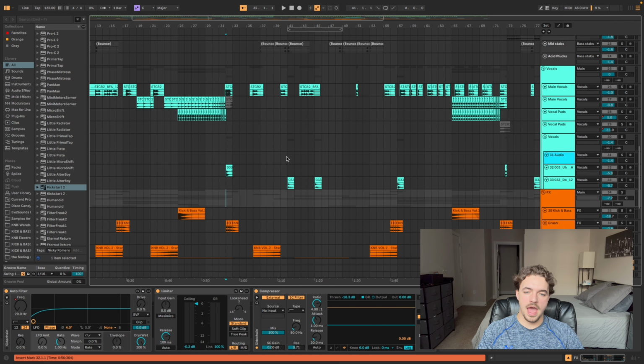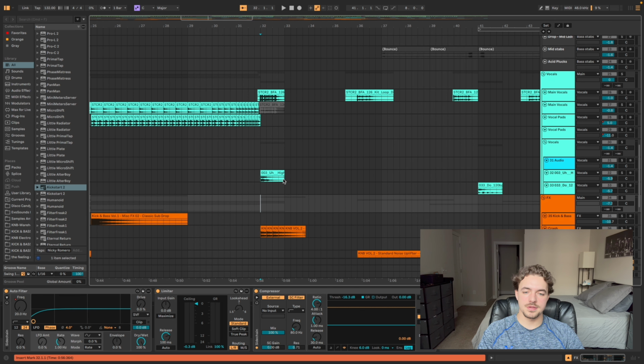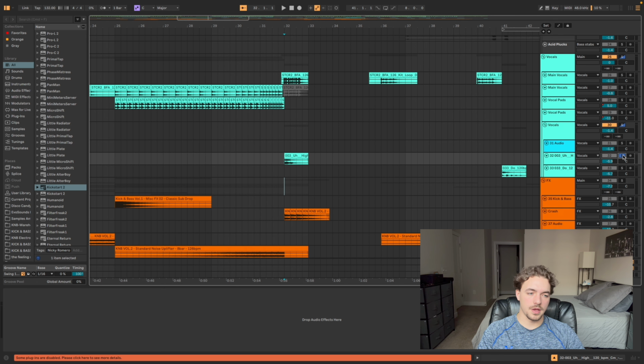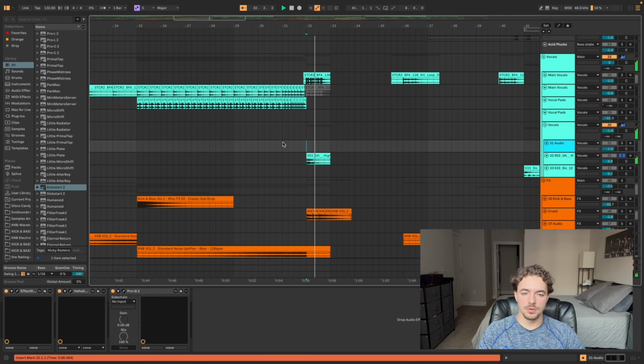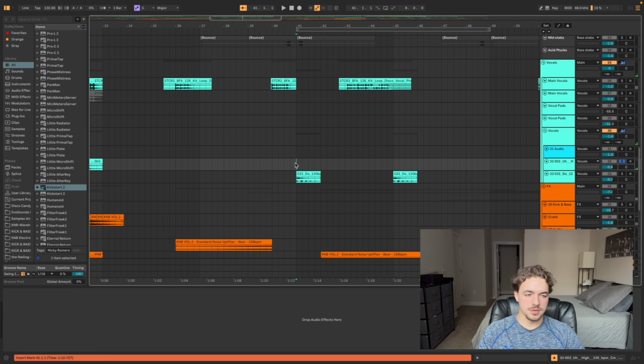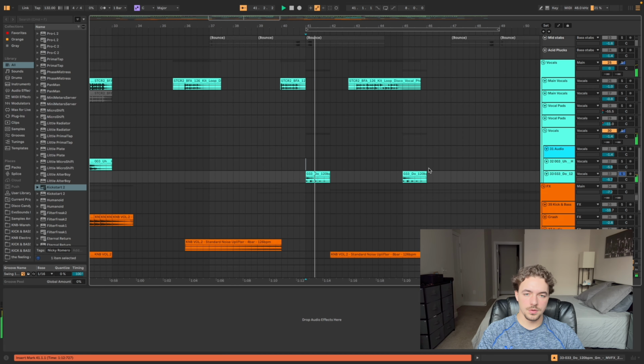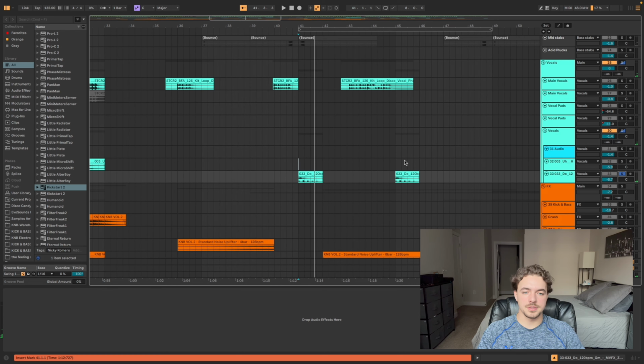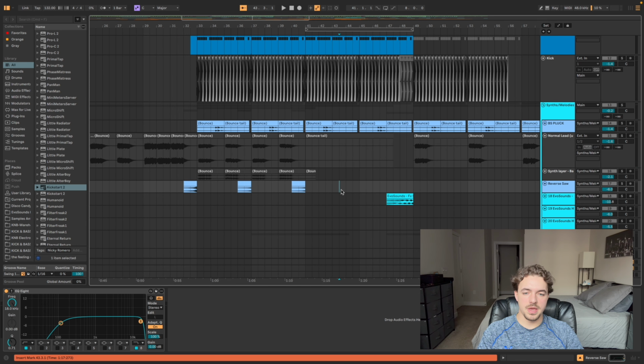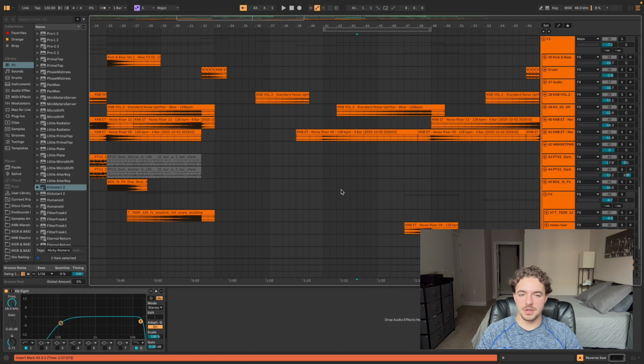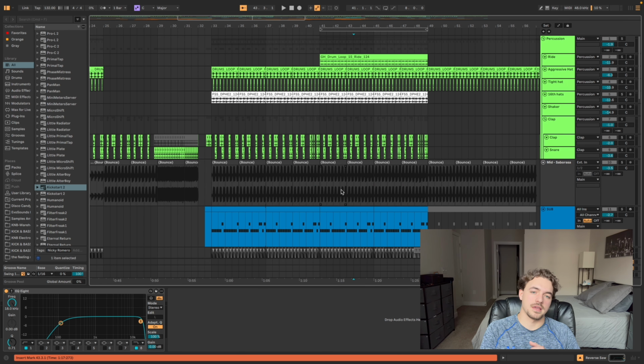And that's usually when I add the extra stuff too, like the plucks. After I have the full range built out, that's when I added this extra vocal. Have that here, and then also this one as almost a call and response to the main vocal. And then I mean you're basically done. Just build it out, make sure it sounds good, and then it's really just mixing and mastering.